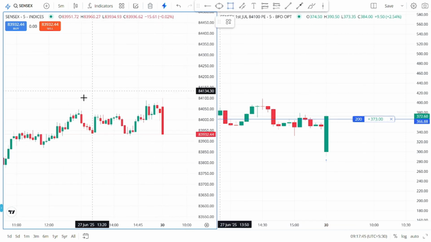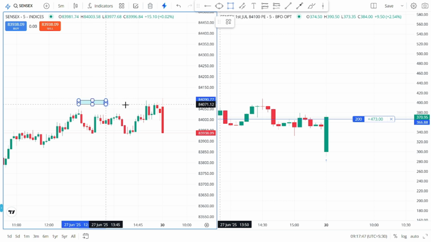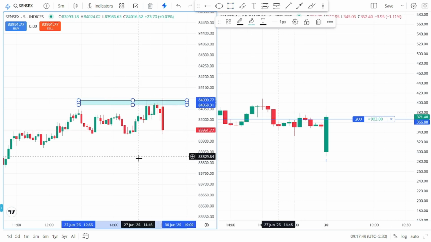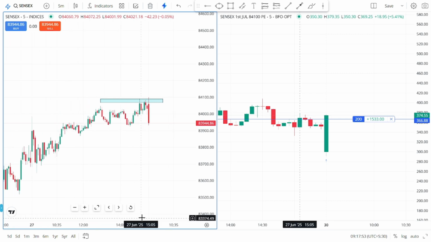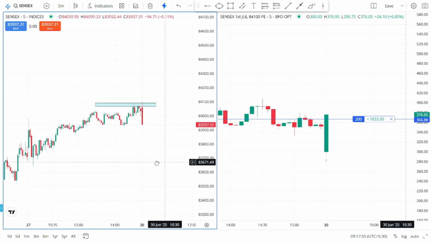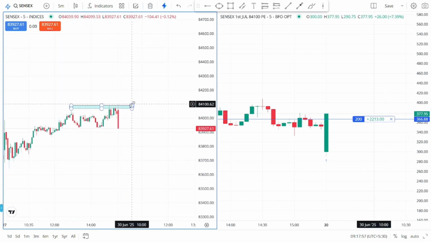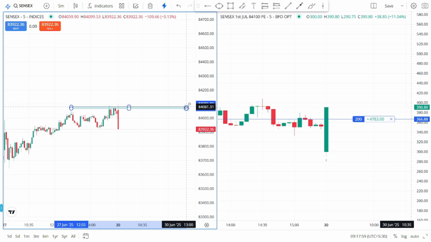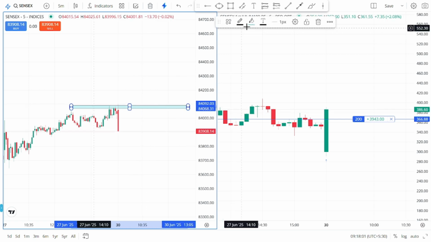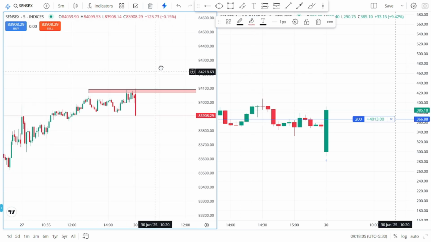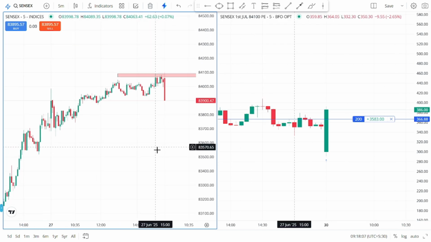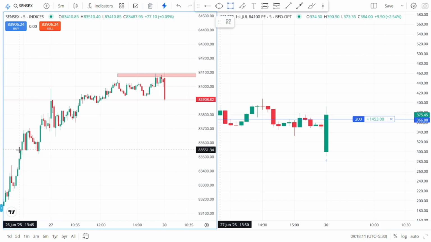I'm placing a resistance. Above this resistance, I'm going to exit. The reason is that the previous day's support and resistance play a major role in intraday, and the last swing always works as resistance and support majorly on an intraday basis. So I'm placing the previous trading session's resistance. We can clearly see this is going to be our target,